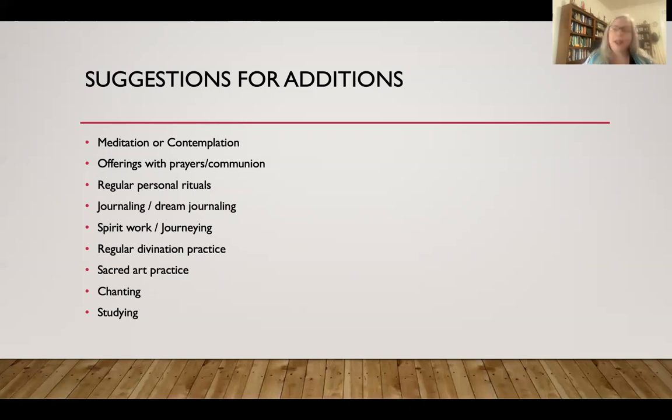I try to do a lot of paying attention to omens as just part of my practice. There's sacred art practice. If you are an artist, a writer, or a musician, you can incorporate some sacred art into your regular practice. You can do chanting. A lot of us do chanting. My form of meditation that works best is mantra meditation, personally. And I do a lot of chanting and studying. I consider, if you do it with sacred intentions, studying. So those are just some kinds of things that you could add into your daily practice, but establish that bare